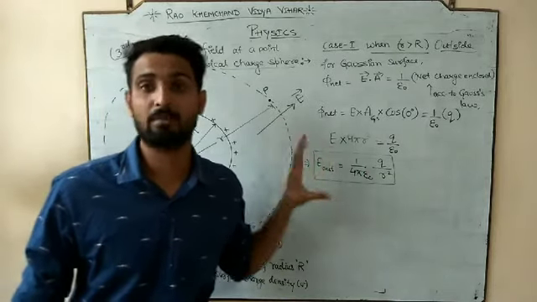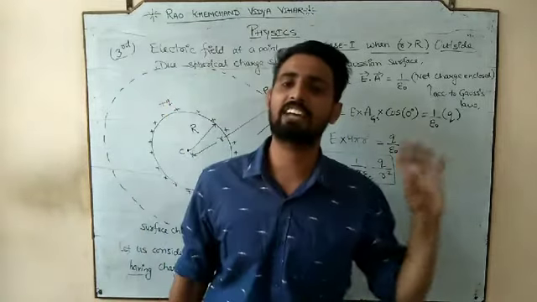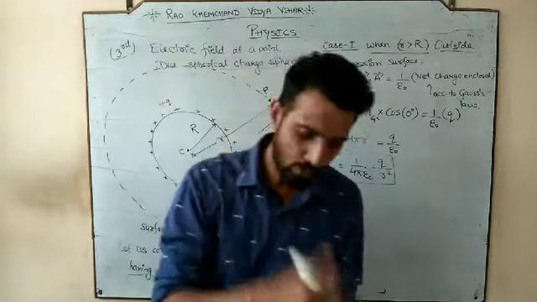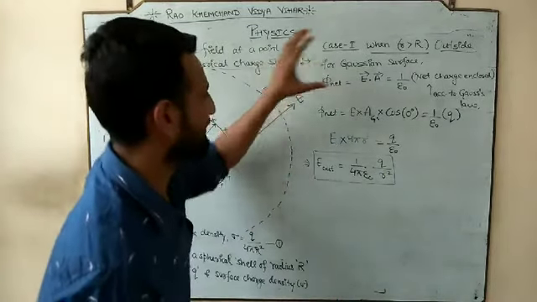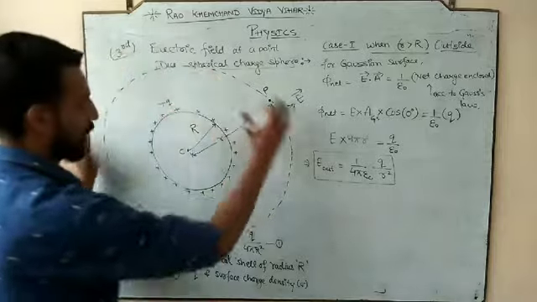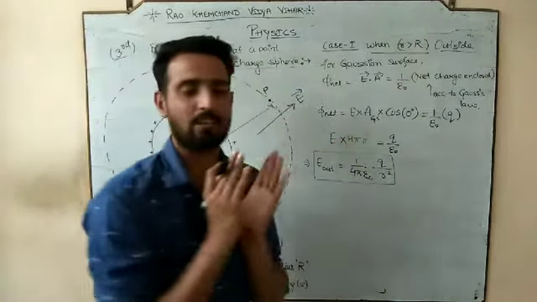आपको ऐसा ही numerical मिलेगा, and you are going to find out the electric field under the various conditions. And to calculate the electric field, you have to obey this procedure. You have to draw a Gaussian surface, then you have to apply the Gauss's law, and in this manner you can calculate the electric field.